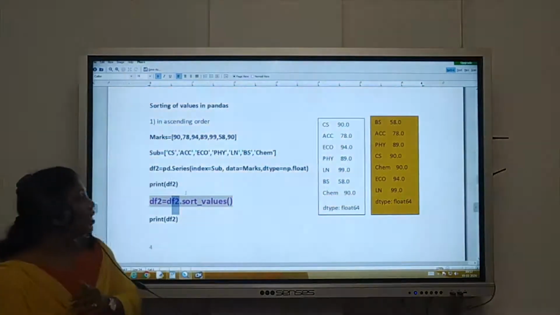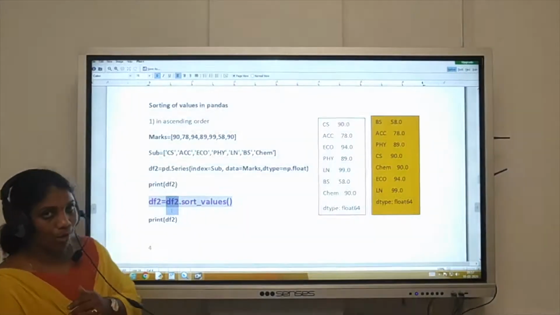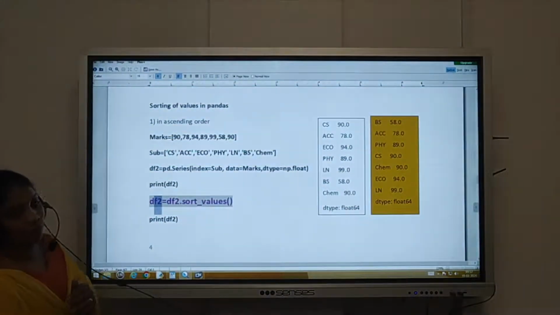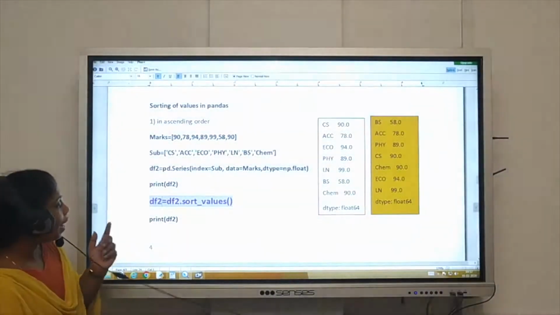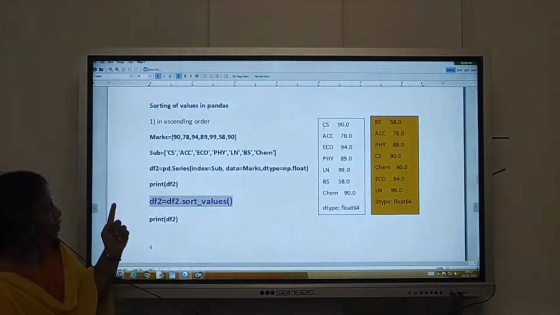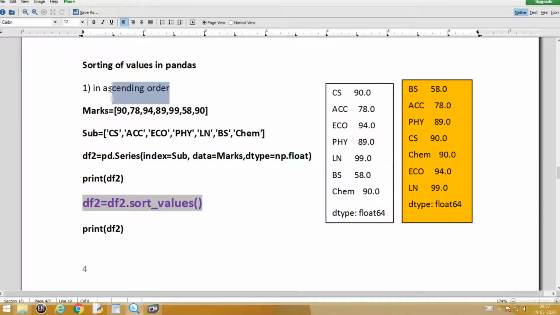I hope it's clear. So the function called sort_values is being accessed using df2, which is my variable name, and that is stored back to df2 itself. That means if I want, I can create df1, df3, any other names also. But what I did here is I stored it back. That means the style of arrangement which is here is changed, and now by default it is in the ascending order. So you can see that I have given the same thing here with the highlighting.